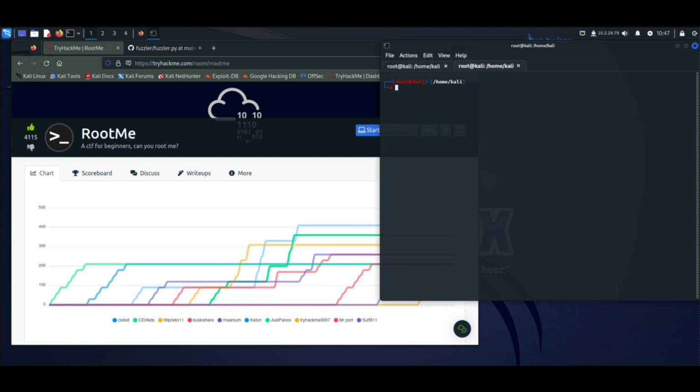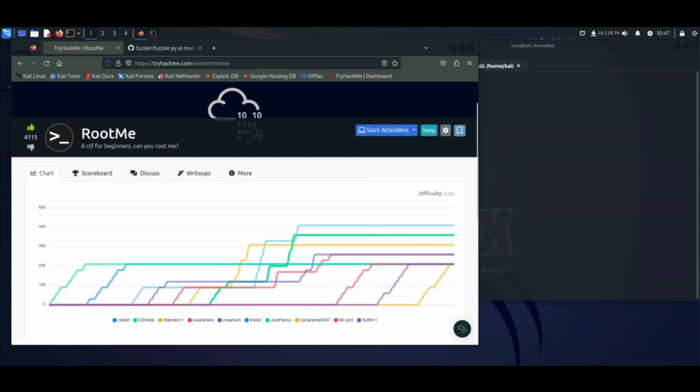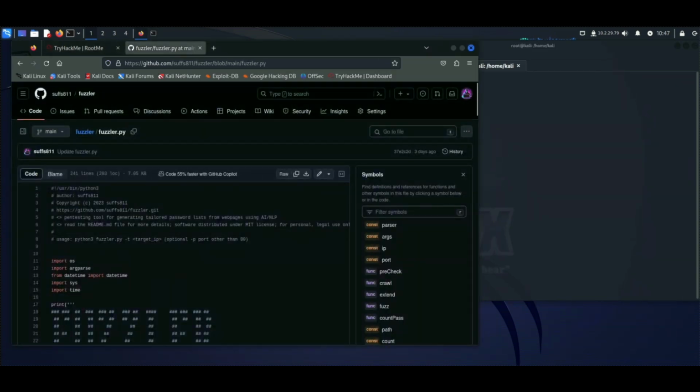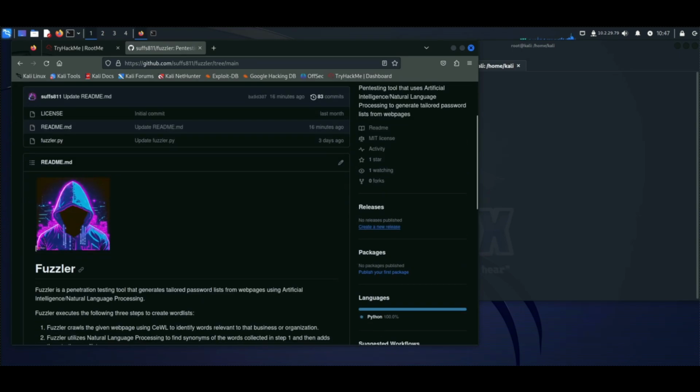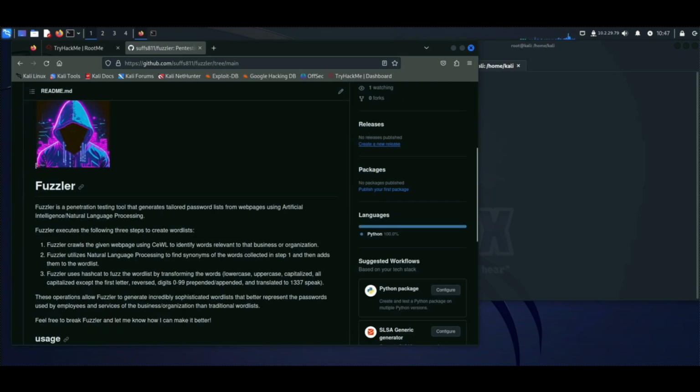So, Fuzzler is a Linux penetration testing tool that uses artificial intelligence and specifically natural language processing to generate tailored and really robust password lists that you can use for any password cracking you need to do. Steps. First step is Fuzzler uses CeWL to crawl the given web page,